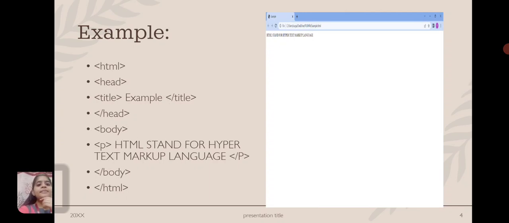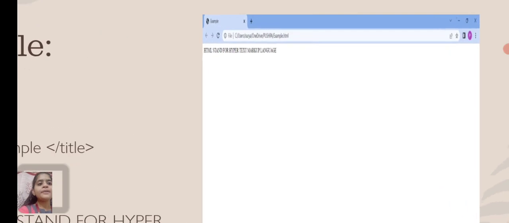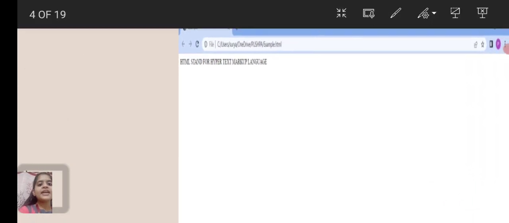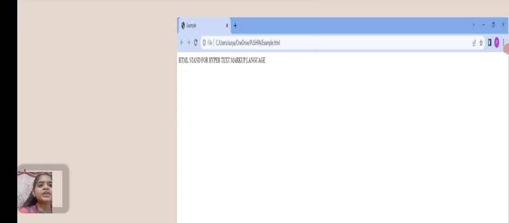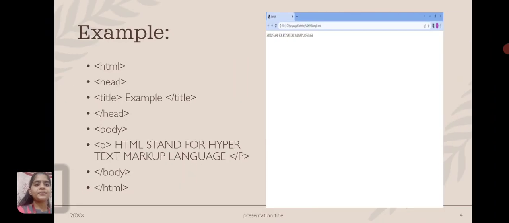As I said before, the content written in the body tag will be displayed on the web page. So we can observe in the web page HTML stands for Hypertext Markup Language, and I gave the title as example. We can observe the example at the top left of the web page.